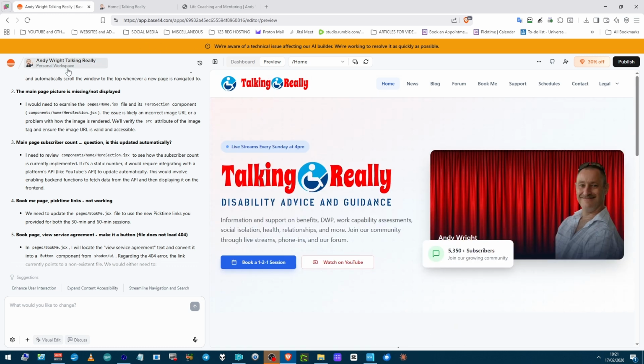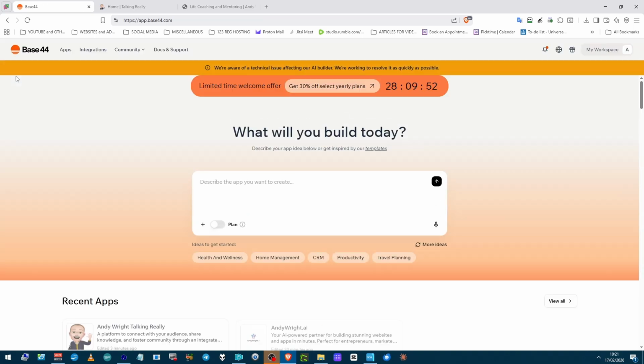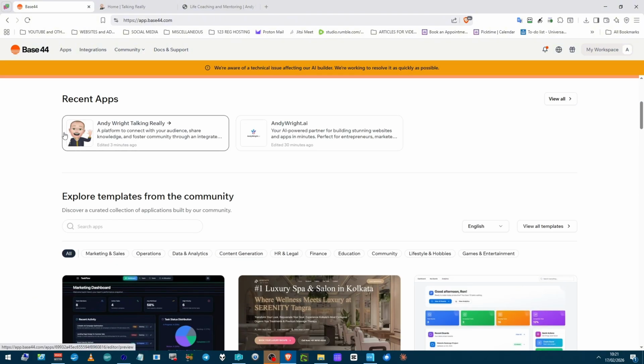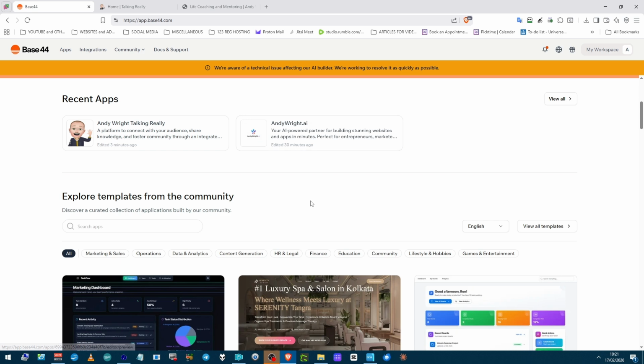So if we go back to the start, which I didn't do. Oh yeah, so how many credits? Oh no, I can't do it now. You end up with your recent things that you've done, and this one here is what I just done, but by mistake, or rather, not my mistake, because I gave it the same instructions. I just came up with this load of old crap.